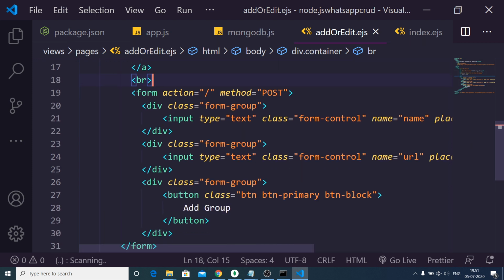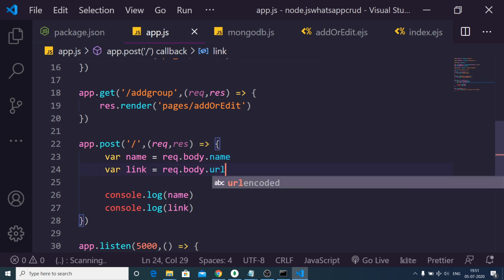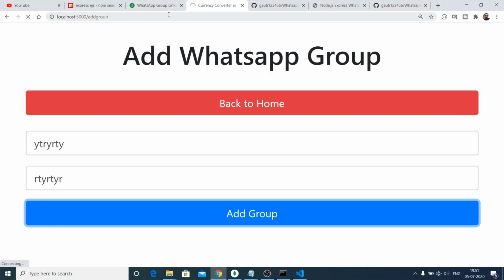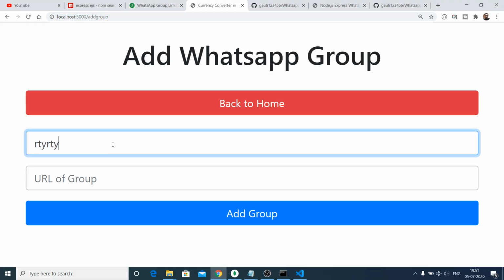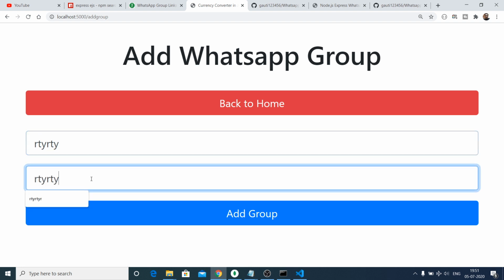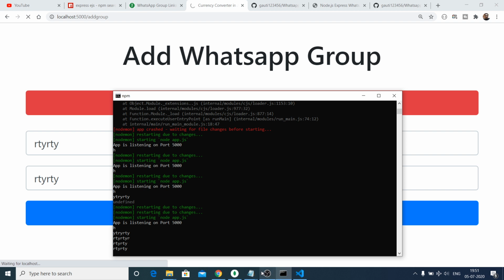Oh, I think I have made a mistake. This needs to be url, not link. Now you will see that both values get printed. If I type this again, you will see that both values are printed out.